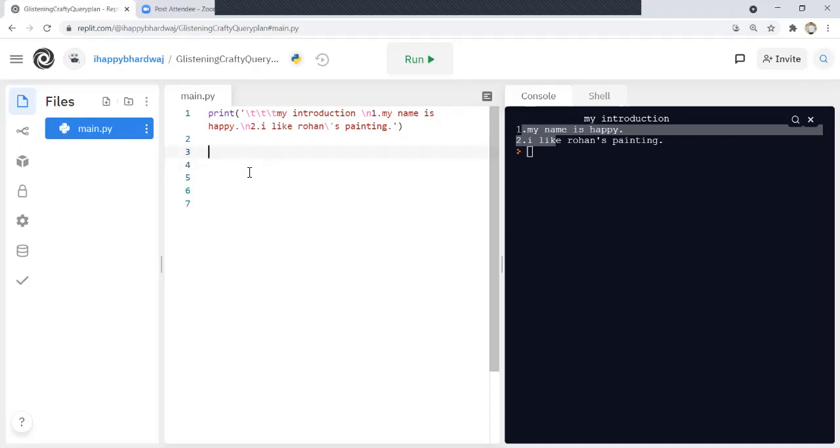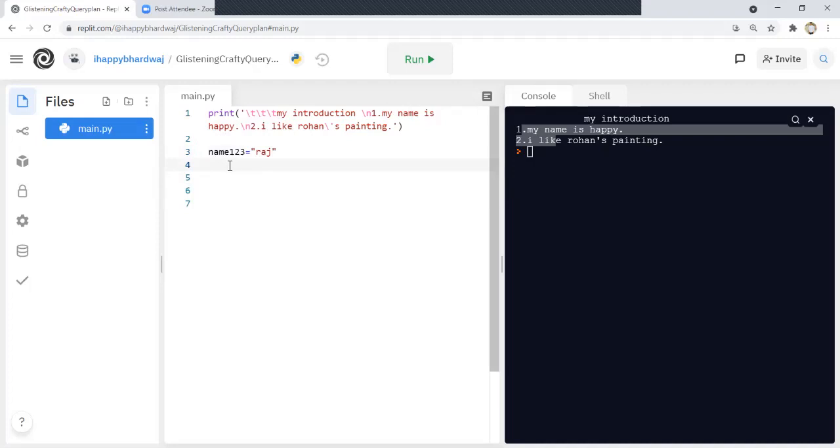First of all, we will see all the rules for naming a variable. The first rule is you can use any letter, and you can use numbers in your variable name. Let's say I create a simple variable here, name equal to. This way you can create a variable. You can write name123 also, and you can save any name here.